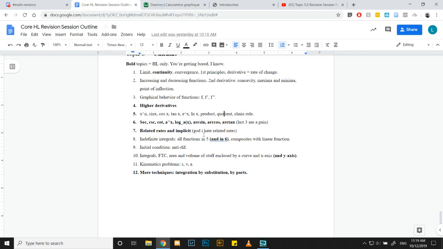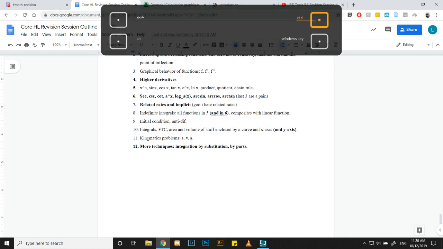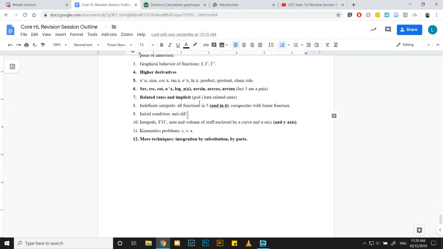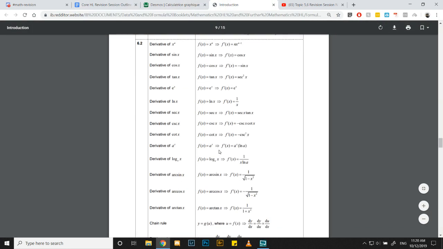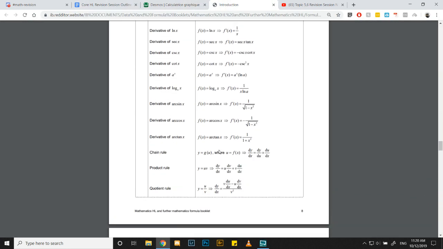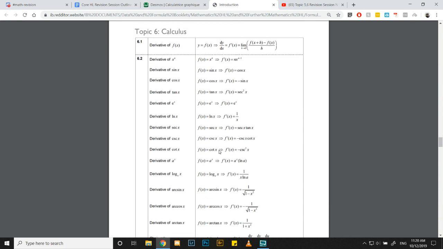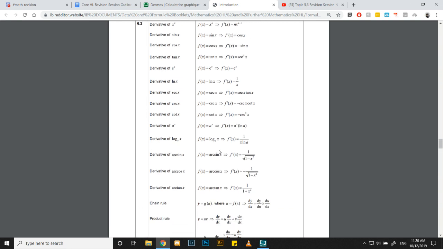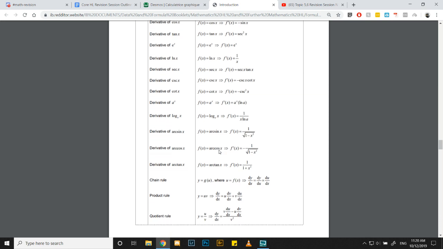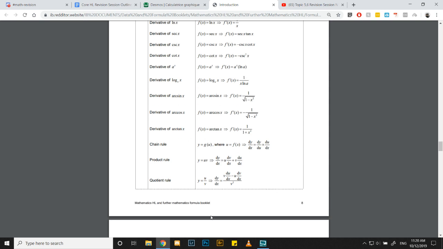Okay, so higher derivatives. We just discussed higher derivatives. I think, yeah. How to do actual calculus: product rule, quotient rule. I find that you should never mess up with differentiation, purely because they're giving you literally everything. Especially for HL, it just gives you this big list of things that you need to use. And if you can break down